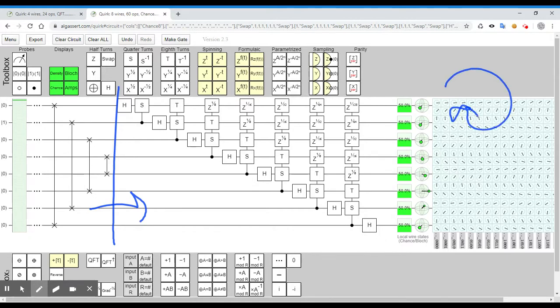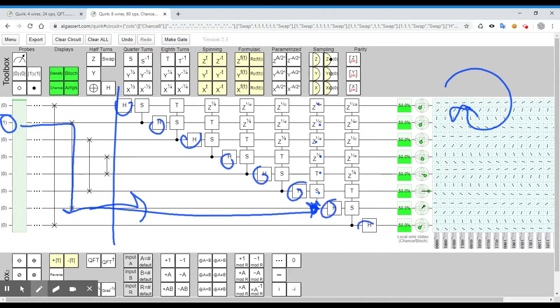And so you want the values that have a 1 to go here, and cascade, and then activate some of those controlled operations, because they're going to control a series of rotations that, in conjunction with the Hadamards, which are creating the superposition for you,